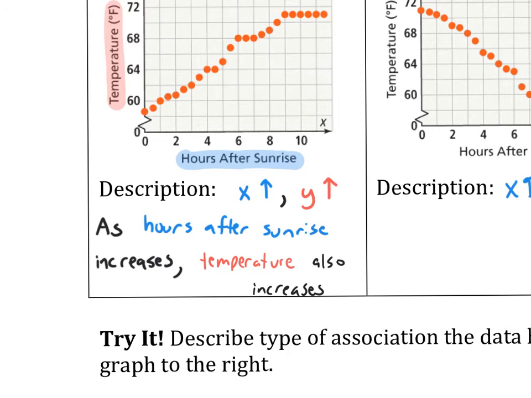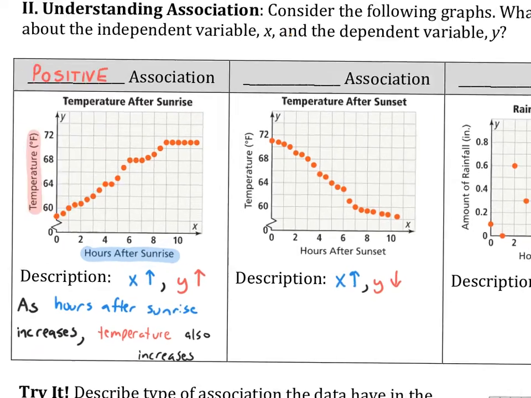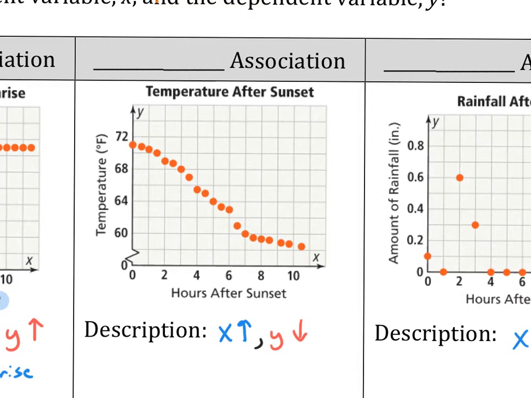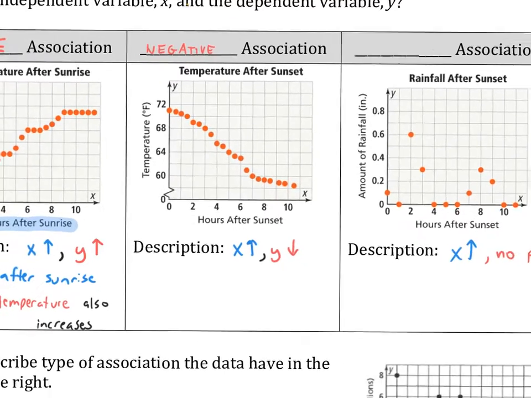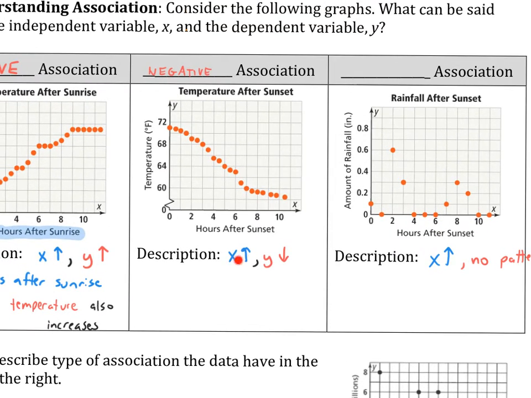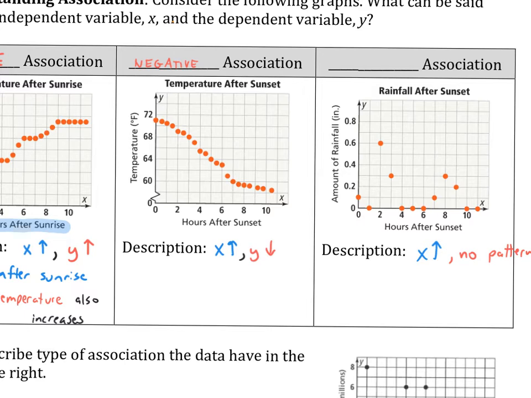So that one is called a positive association. Well, clearly, if we do the other direction, we get a negative association. And the negative association can be summarized as I did below here. That says as x goes up, y goes down. As x increases, y decreases. So to put that in the context of this problem, as hours after sunset increases,